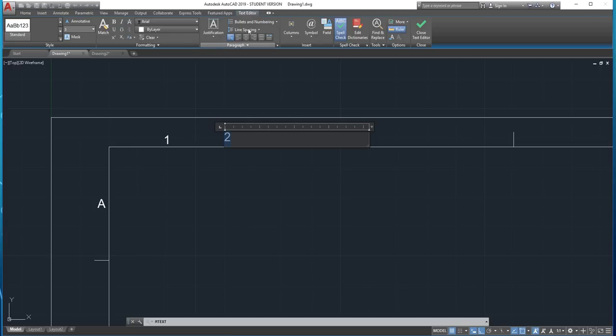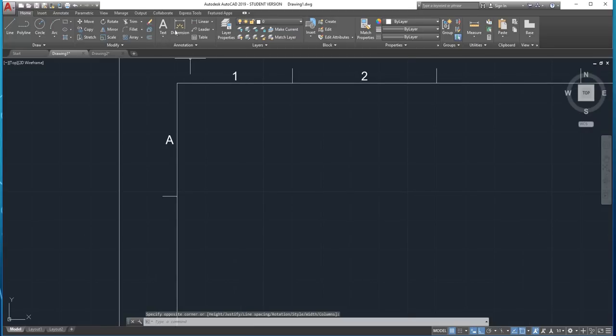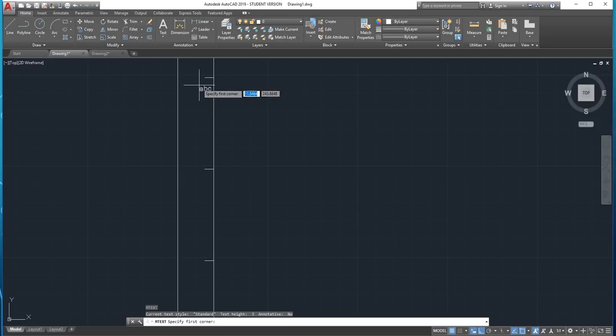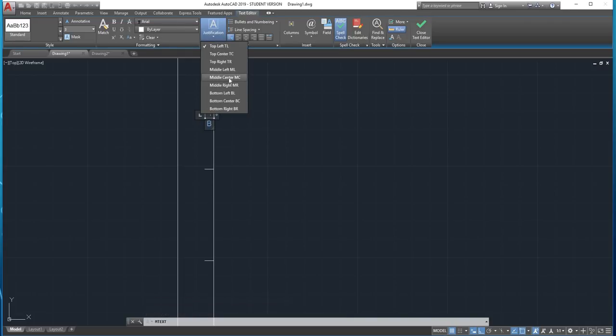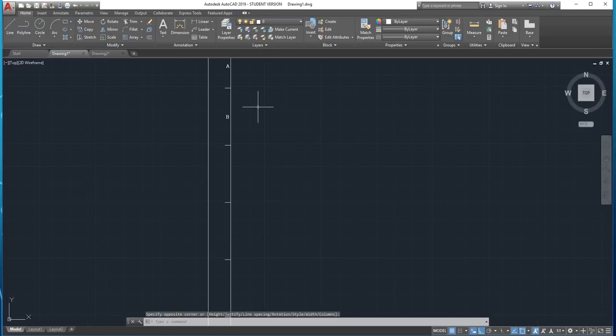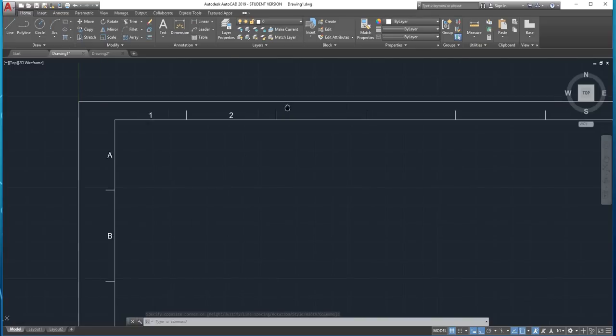Then I'll select it. Justification, middle center. I will do the same here again. First corner, this one, second corner, that one. It will be V capital, justification, middle center, MC. There we go. Okay. So now that we've got this,